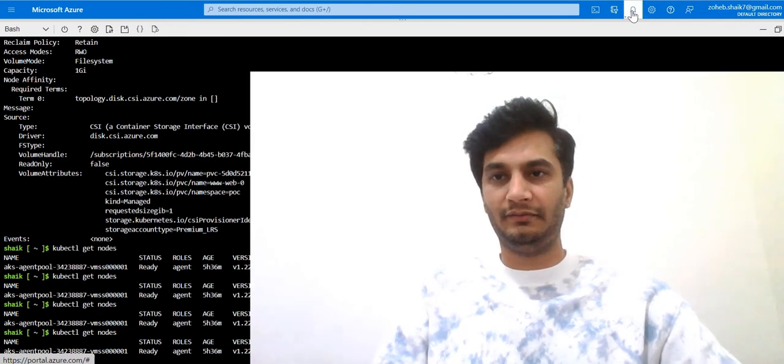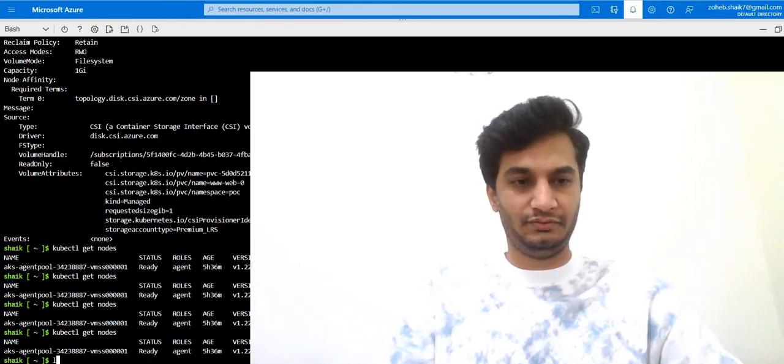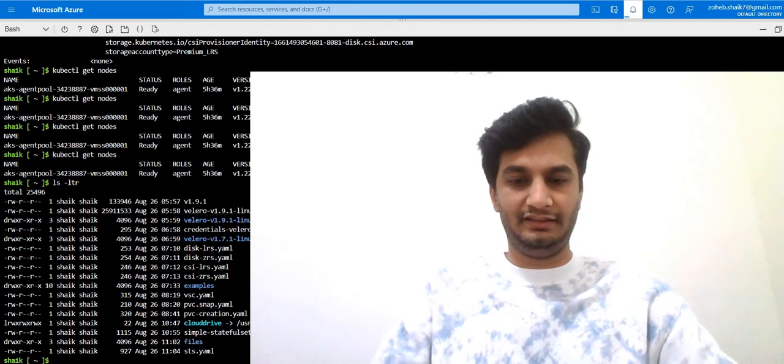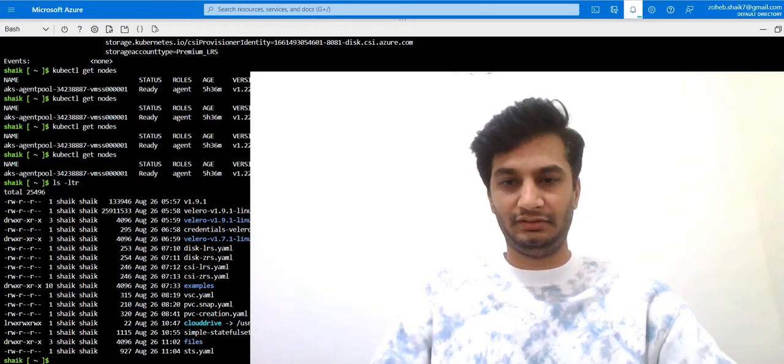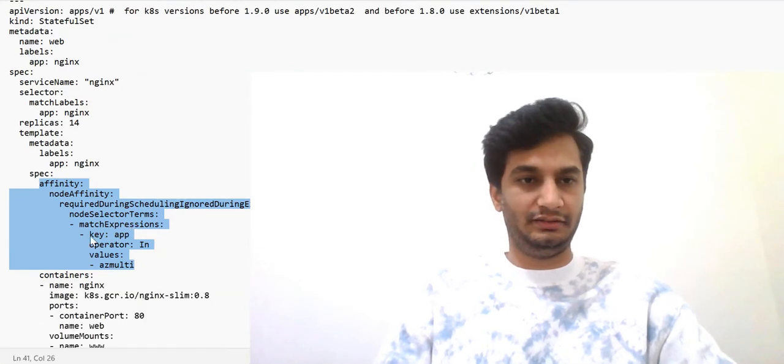Once we have these nodes up and running, meanwhile I'll just try to make my file ready. Yeah, I just need to add affinity rules here, so that already it's ready.